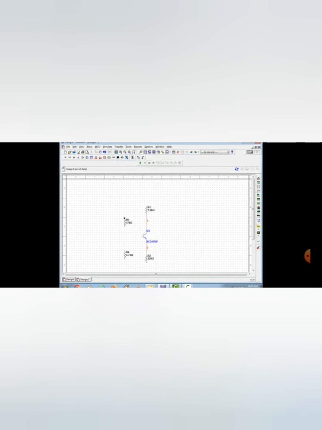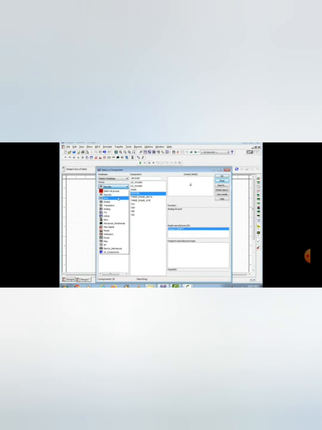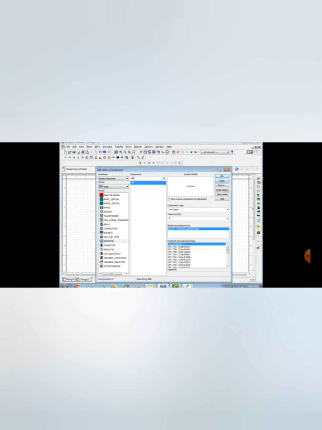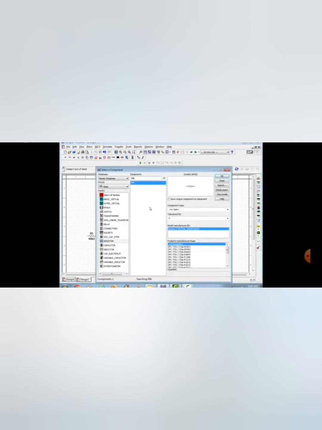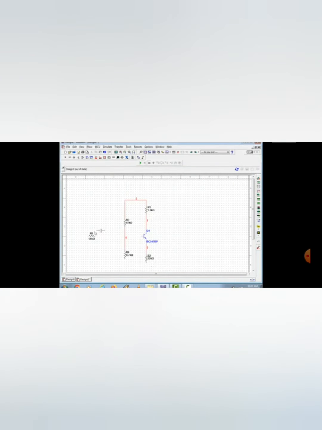Connect the components. You have to select the endpoint to the endpoint of the other component. You have to learn this using the software itself. Practice and learn. You can see and learn from various YouTube videos. Interactive learning is important over here. You have to self learn the software.